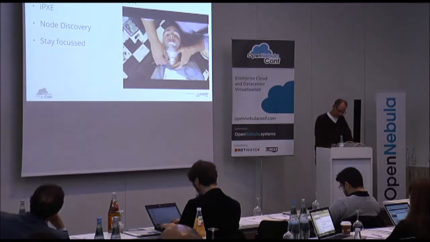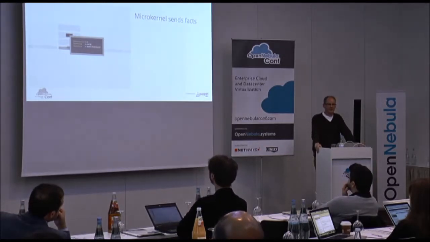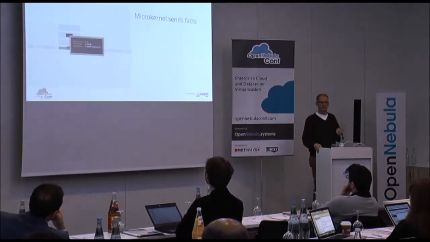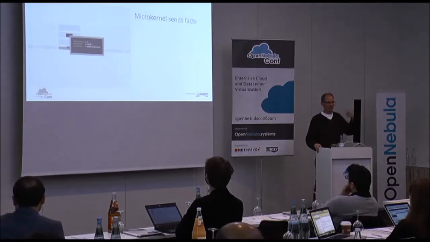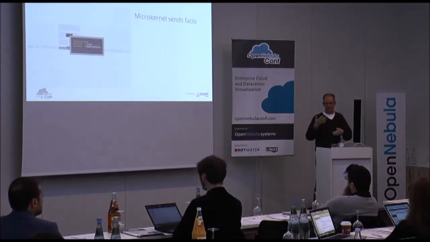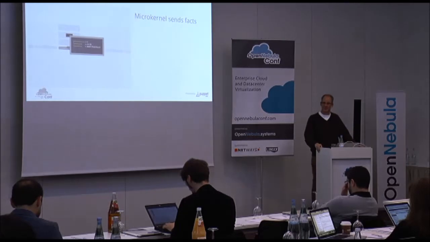And so just in a nutshell, let me go through how it works really quickly. When a machine boots for the first time, the iPXE script that we have, when you install Razor, there's two things you need to put on your TFTP server. One is the iPXE firmware and a little iPXE script that we give you from the Razor server. And once you've done that, you don't need to touch TFTP anymore, or any of that kind of PXE setup. Razor also doesn't make any changes to that. It's all done through HTTP as a web service.